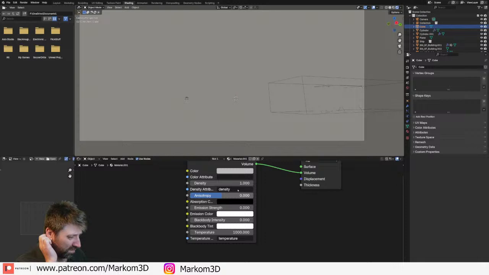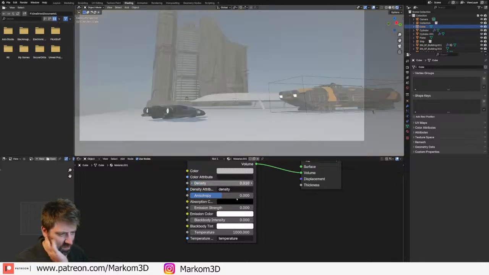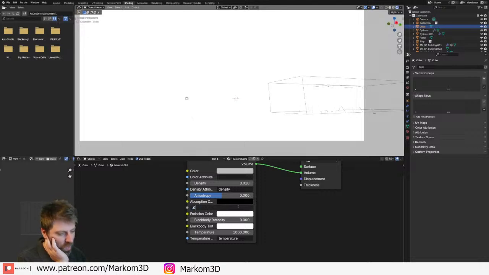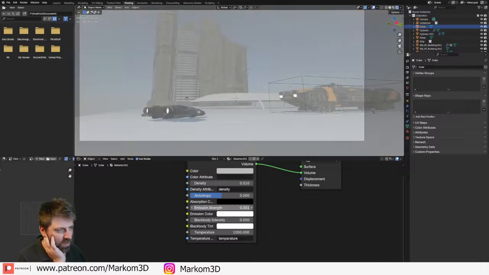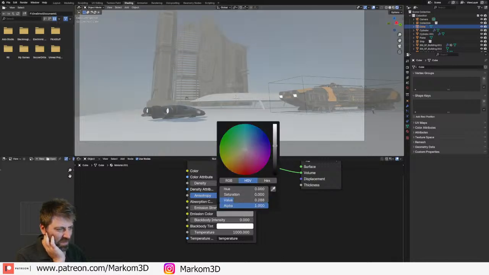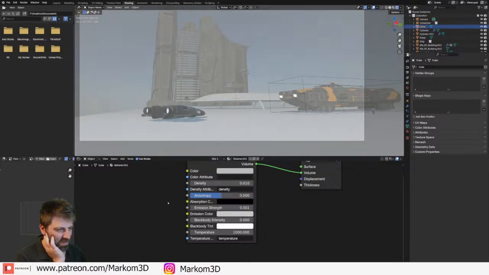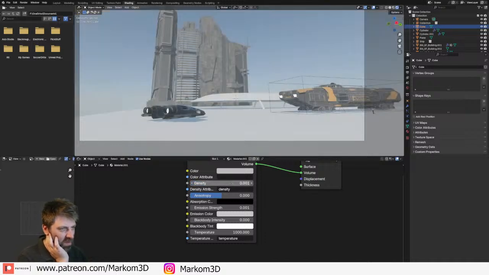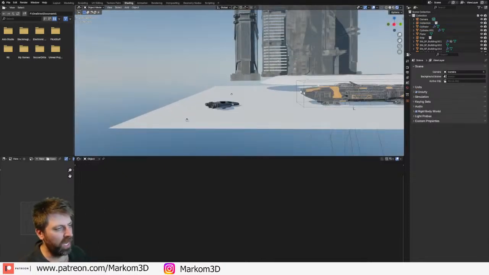Use an emission. I don't know. No, I think mist pass would definitely be the way to go. Anyway, doesn't matter.